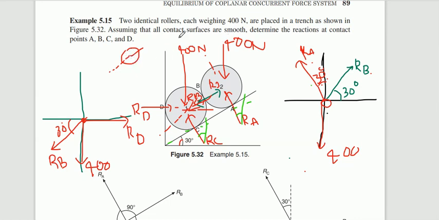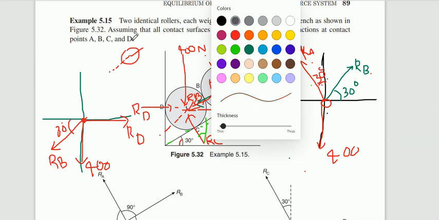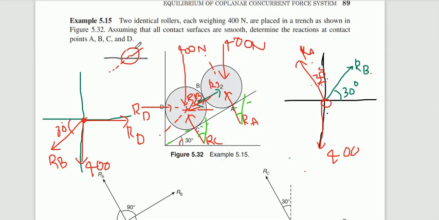RC is here. I will draw the natural x and the natural y, and here we have RC. You just observe, RC is going like this, so it comes in the second quadrant. So therefore it is RC. What is the inclination of RC? 30 degrees. With respect to which axis? The Y-axis, that is 30 degrees.